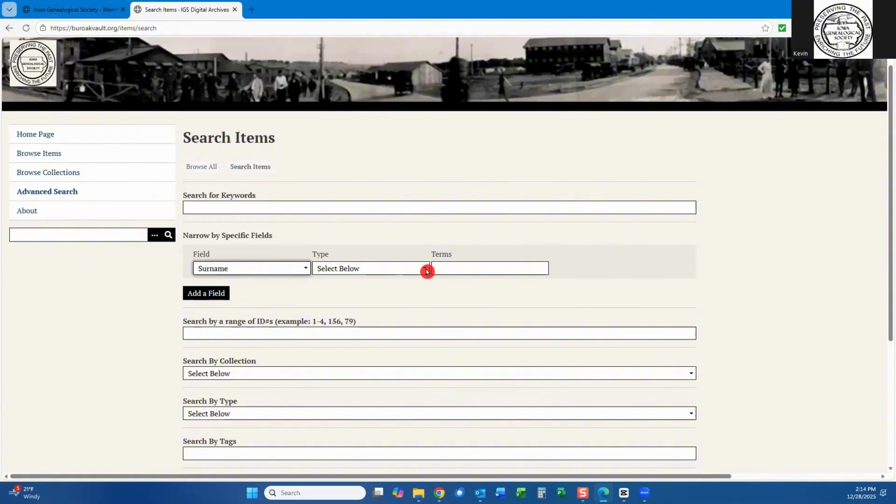And under the type, what type of search do we want to do? Do you want to say the surname contains a specific value or does not contain a certain value? And so on and so forth. I'm going to use the option of starts with. And now my term. What am I searching for? A surname that starts with